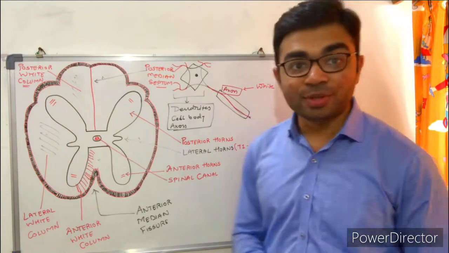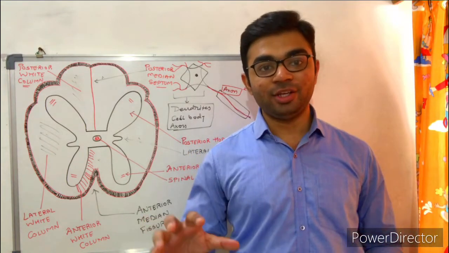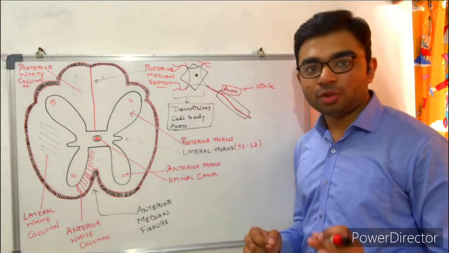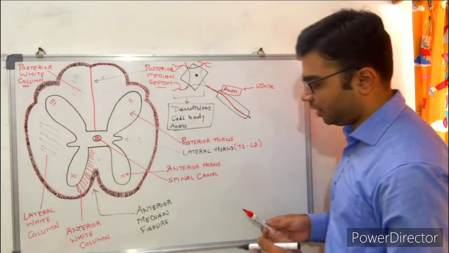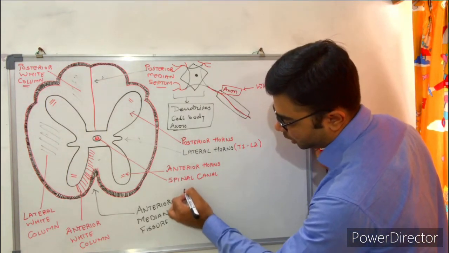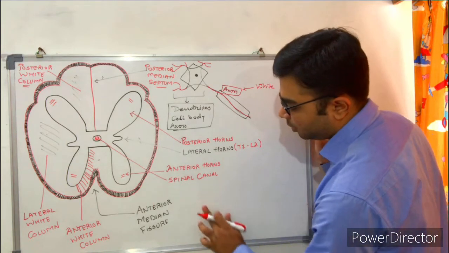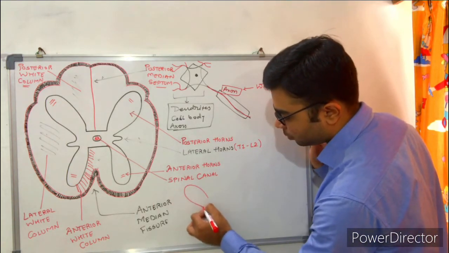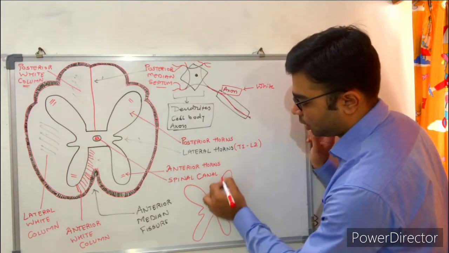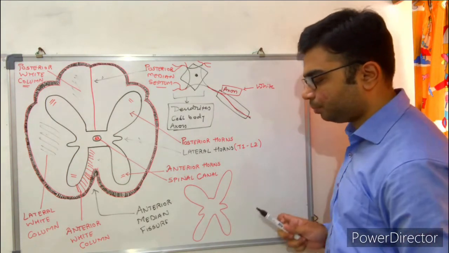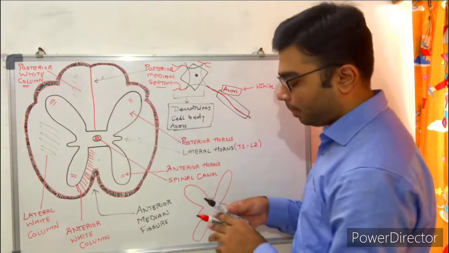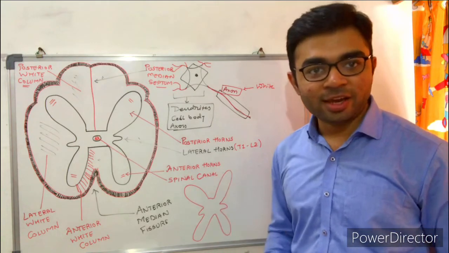Now comes the most important thing, that is the nuclear arrangement inside the transverse section of the spinal cord. To explain this in a better way, let me draw a very small diagram over here. Suppose we are talking about the nuclei which are present in the grey matter. So this is the H-shaped grey matter, and in the H-shaped grey matter, there are a total of 4 nuclei which are present only